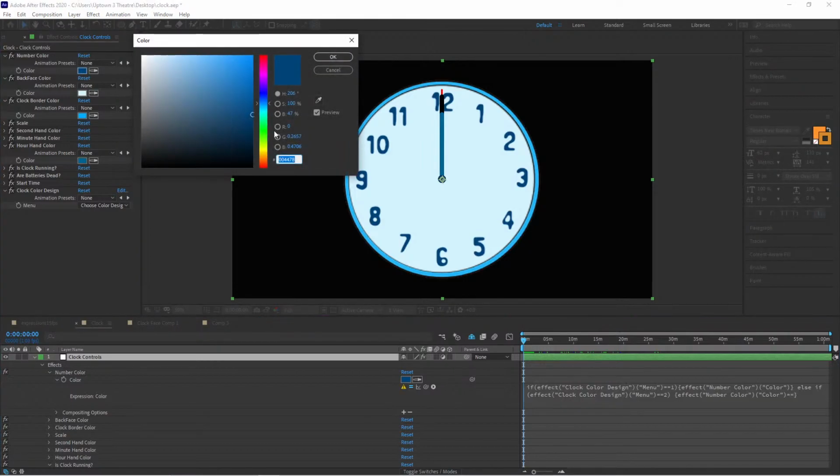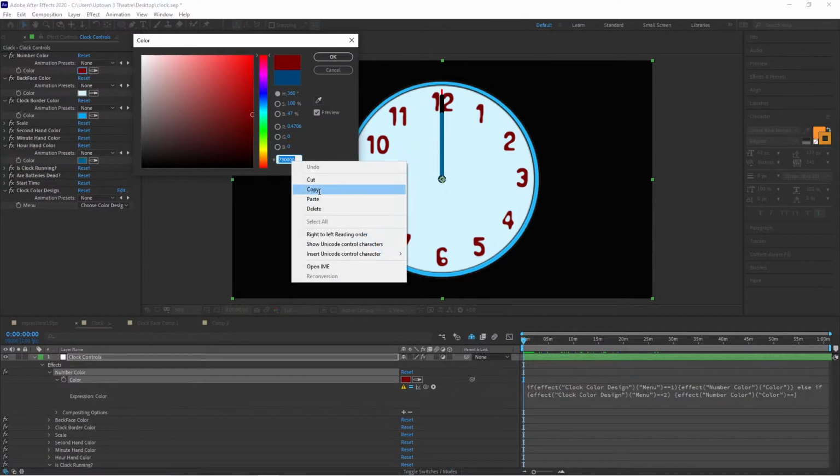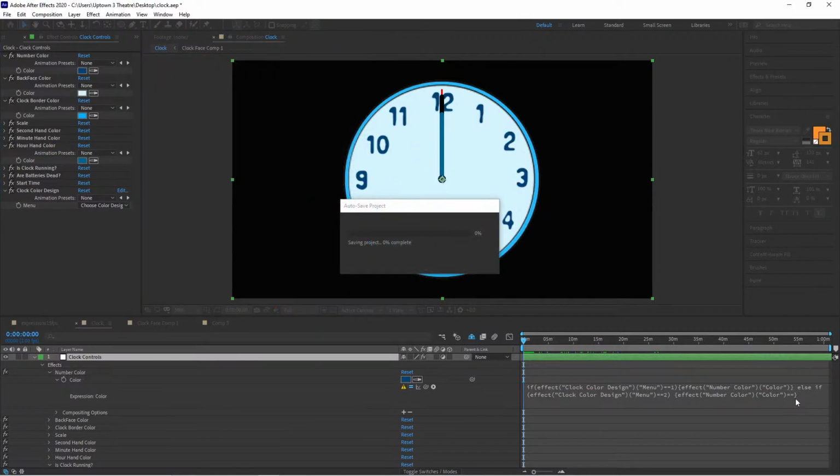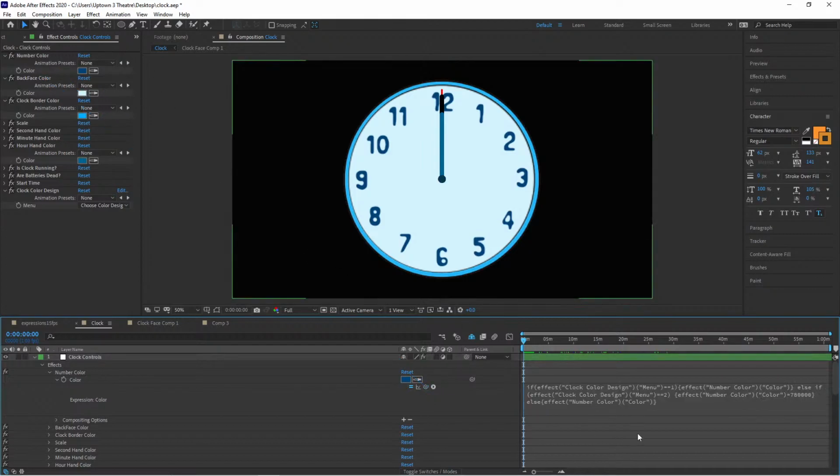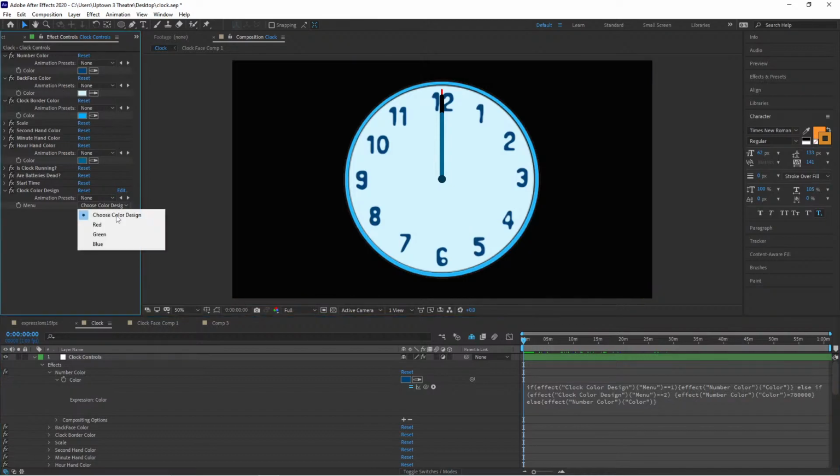let's see if I can copy, cancel. Let's see if it'll let me Control V. See if it just lets me do a hashtag or not. And we're assigning a value, so we only need to use a single equal sign. Else, if all else fails, we'll leave it its default value. All right, so if I make this red,